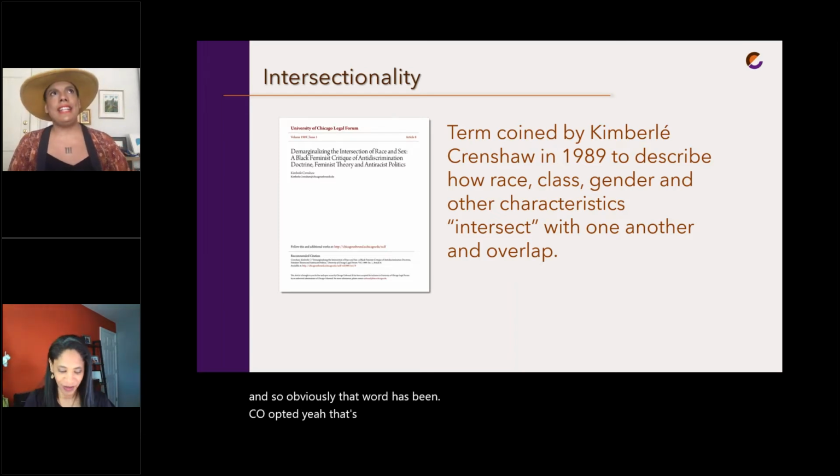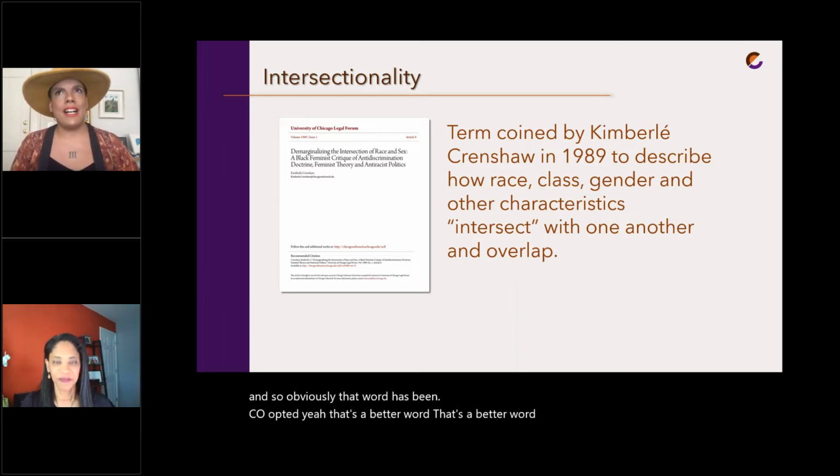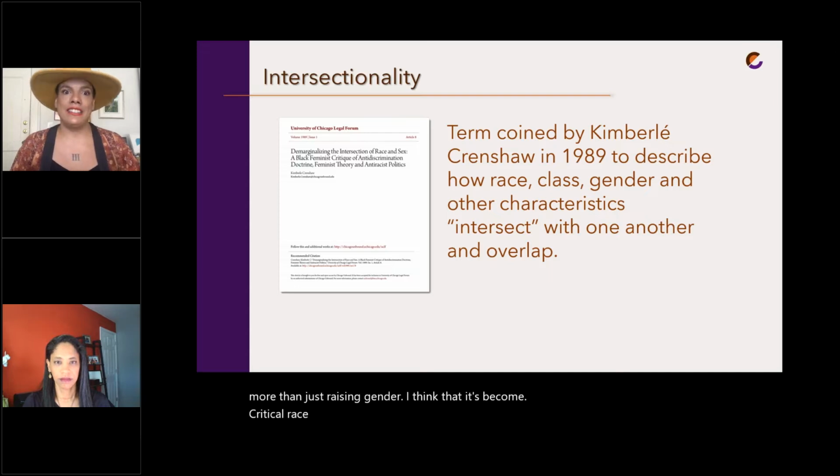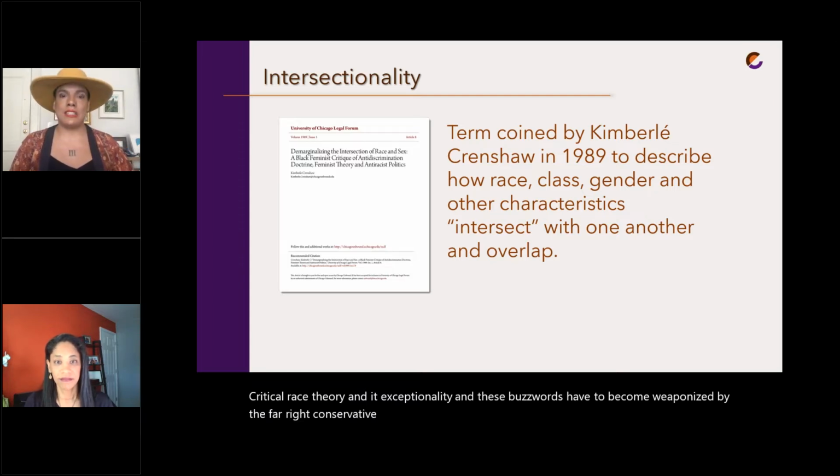That's a better word. Yeah, it's been expanded on to talk about more than just race and gender. I think that it's become critical race theory and intersectionality and these buzzwords have become weaponized by the far right conservative movement. And not to get too political, but